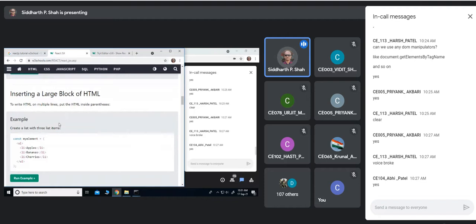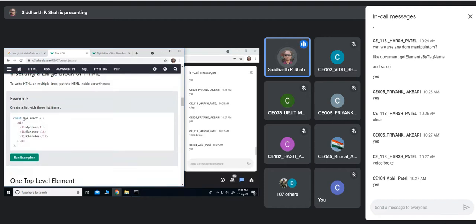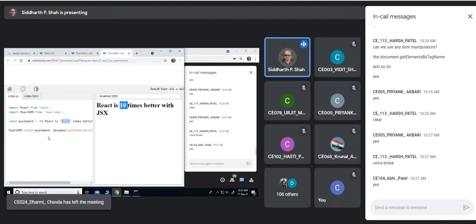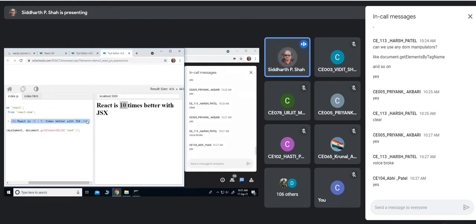Now, if you want to insert some large block of HTML, this is one example. Basically it is talking about this parenthesis. In other cases like this, we haven't used that wrapper parenthesis.